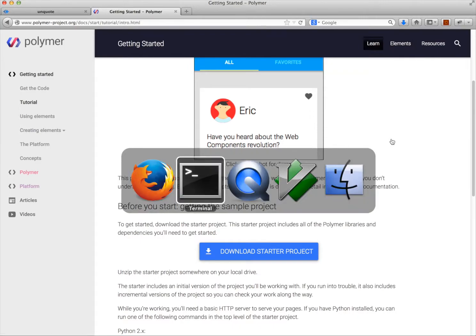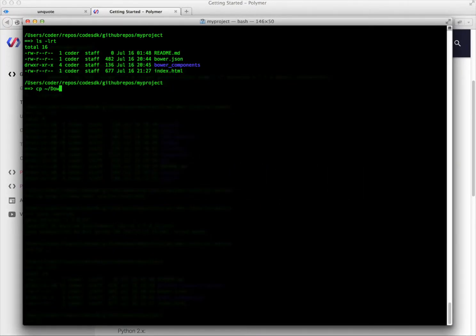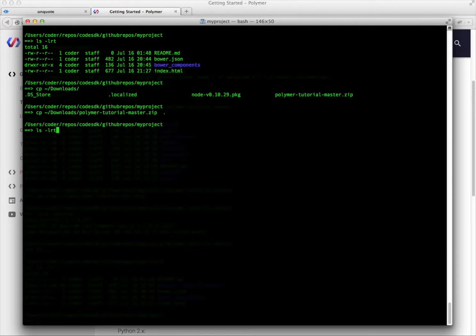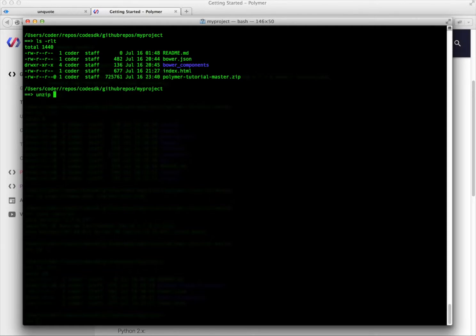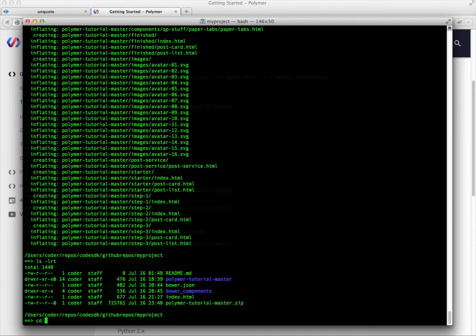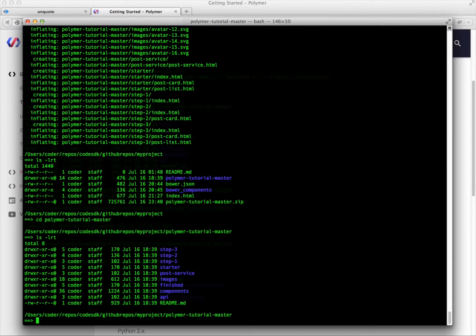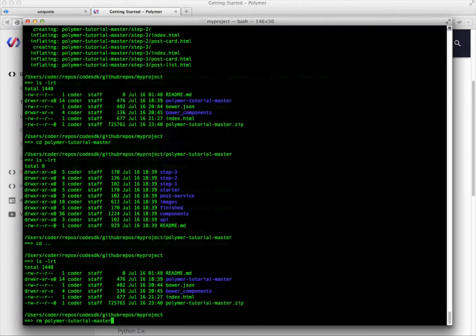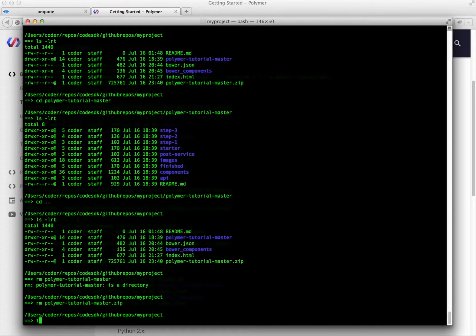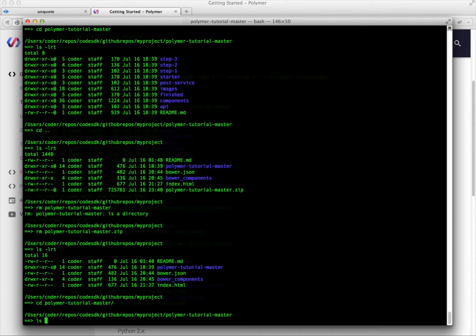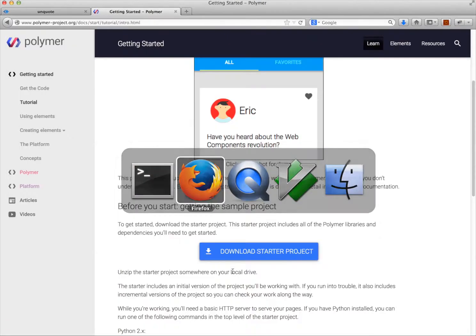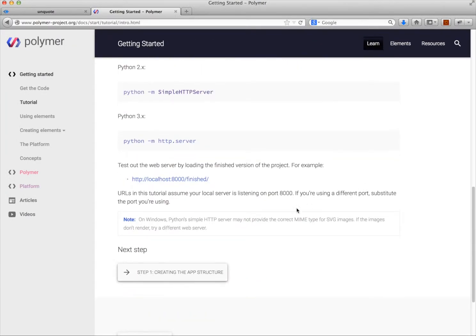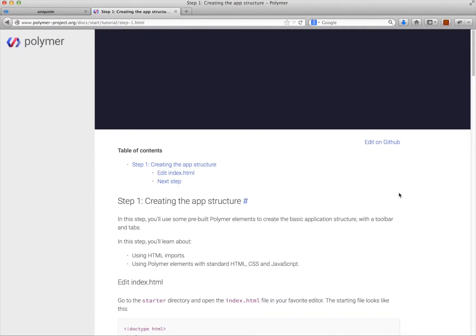Once that's downloaded, go to your terminal, and we're going to copy the zip file for the tutorial to our folder here, and I'm going to unzip the file. So now I have a Polymer tutorial folder, and I can remove the zip file. Now in the Polymer tutorial folder, there's a few folders. We need the starter folder, and as mentioned on the tutorial, if we go to step 1, we can